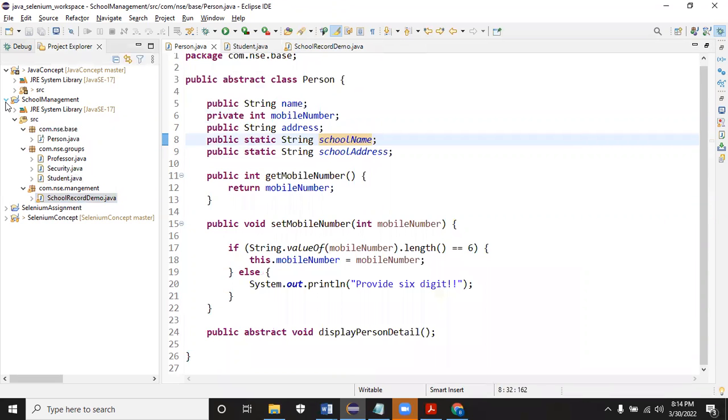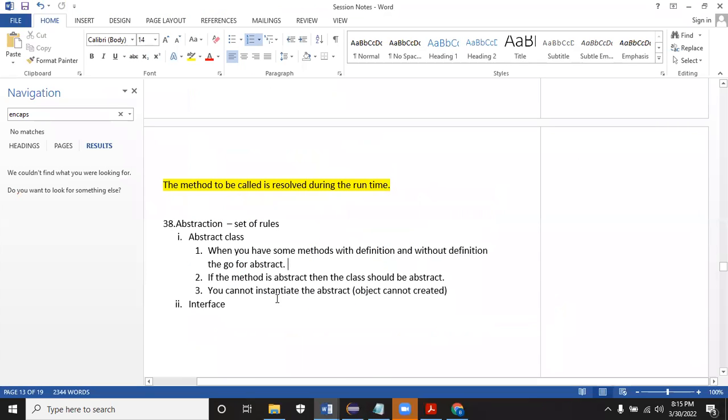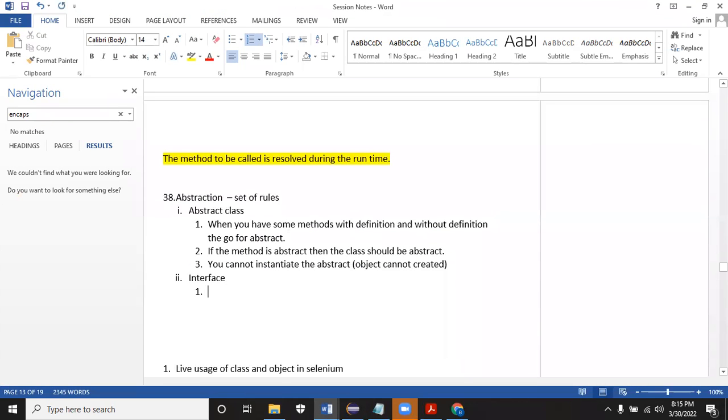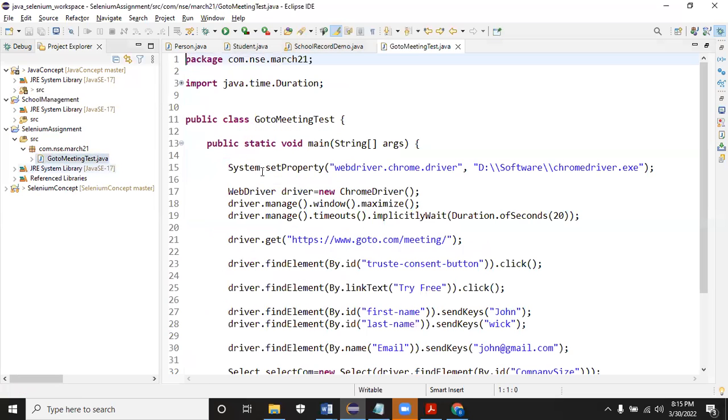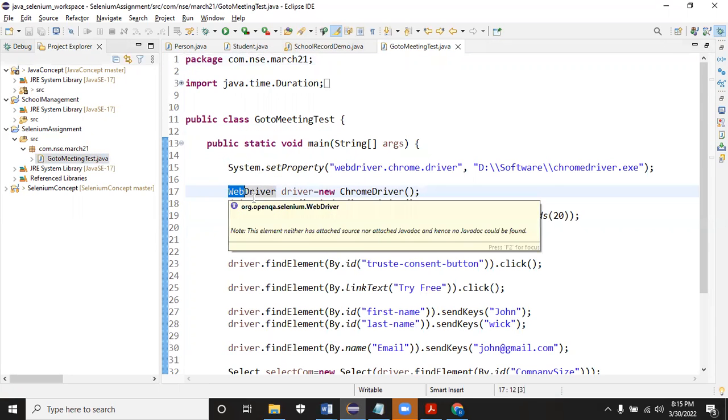Now, interface is something which you can easily understand right now. When to go with interface? When you don't have any definition. For example, in Selenium WebDriver, they use a concept called interface. WebDriver is an interface.